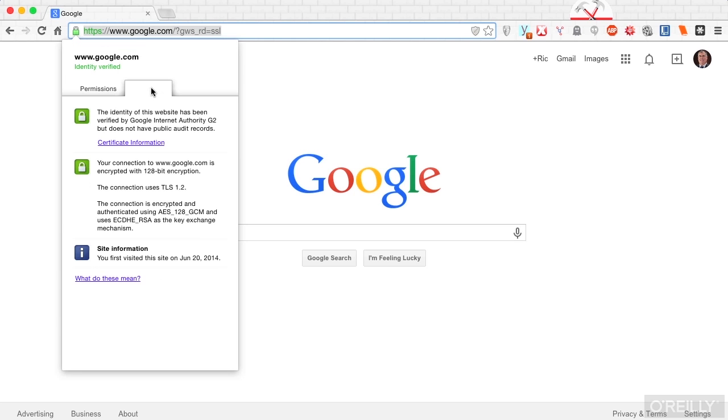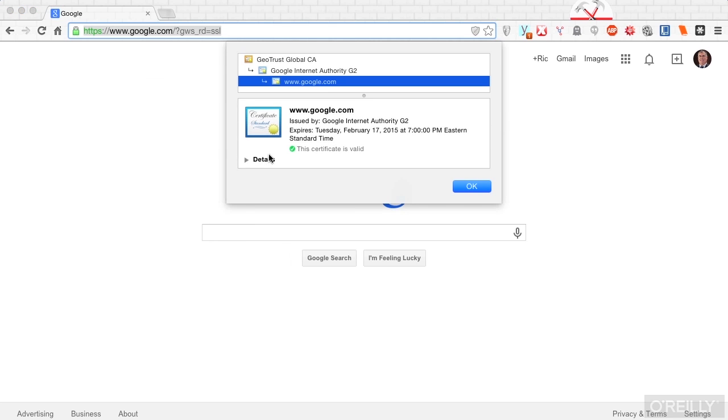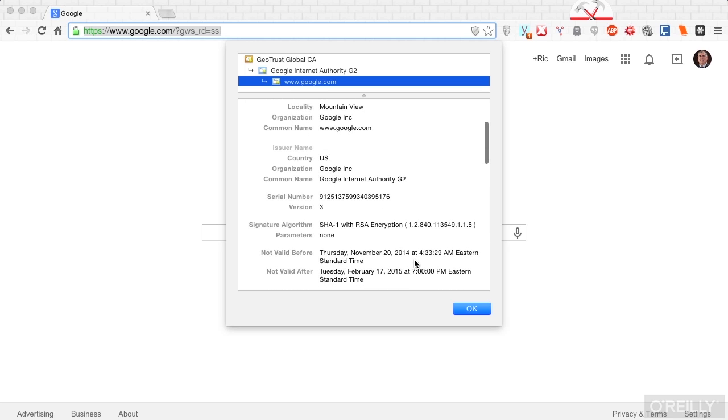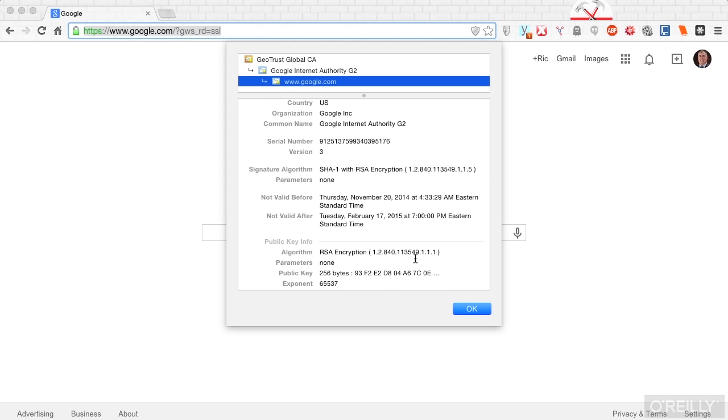This gives me information about the encryption that's in place. So if I click, the lock indicates that we're encrypted because Google uses encrypted connections all over the place. So what I'm going to do is click the certificate information here, and I'm going to get details about the certificate. Now, a certificate is really a data structure that stores information about not only the identity of the server that we're communicating with, but also the keys that are in use, as well as some additional